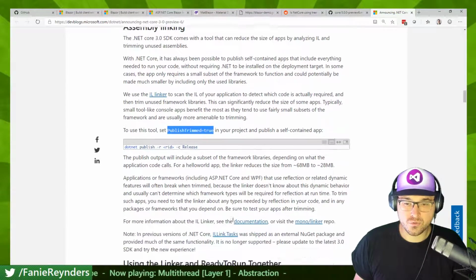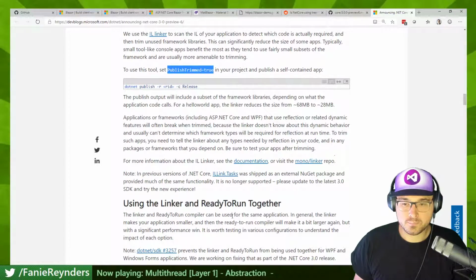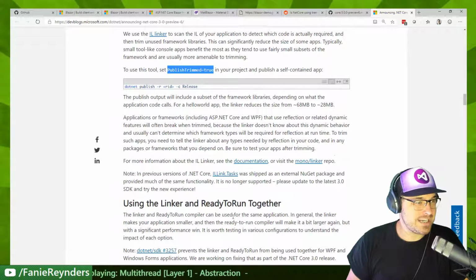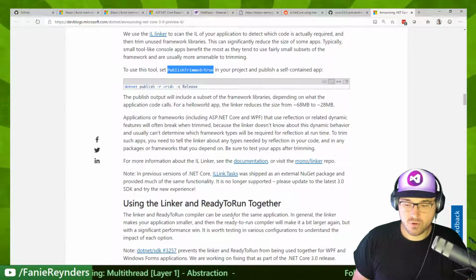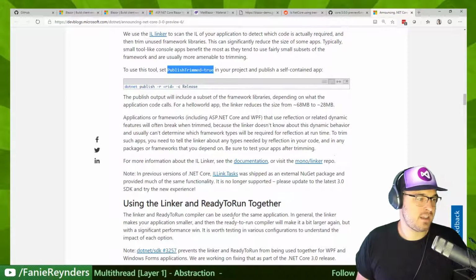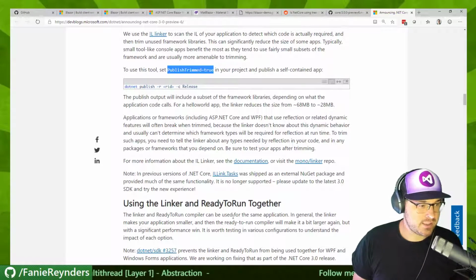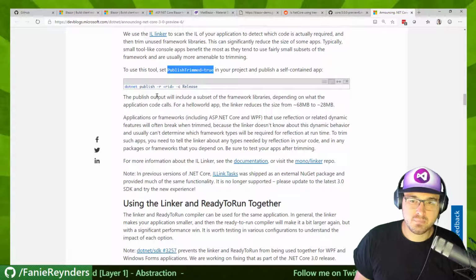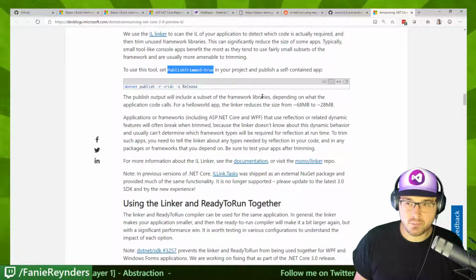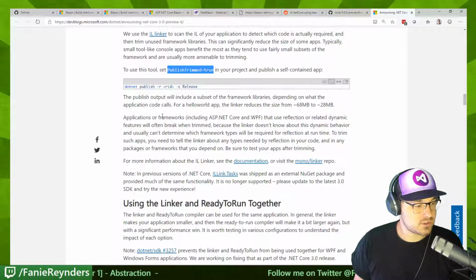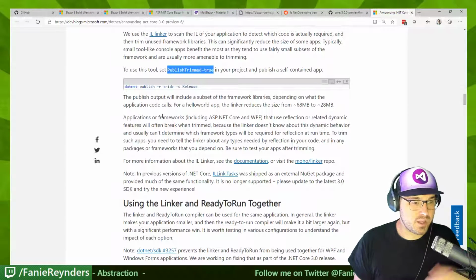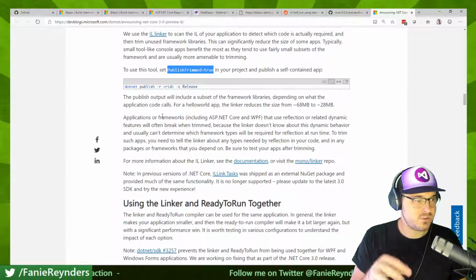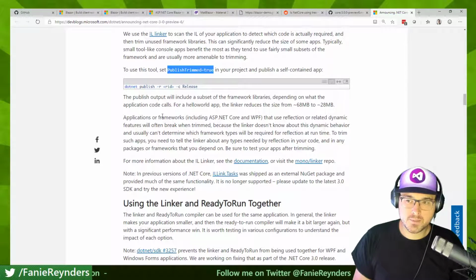it will actually analyze your dependencies, and it will link everything together, and it will exclude the stuff that's not needed. So, i.e., if you're not using certain packages like Newtonsoft JSON, for instance, it won't include that in the download. So it will be a much smaller publish. So here it says the publish includes a subset of framework libraries depending on what application code calls. So it's not just looking at NuGet packages. It's looking at the actual code your application calls, and if it touches on certain libraries, it will only download those